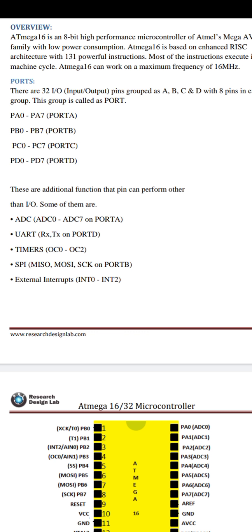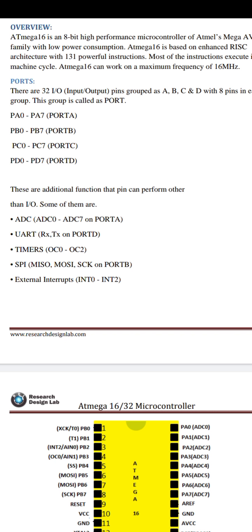Now, the other main functions of the AVR architecture. First is the ADC: the input output pins of the ADC are called ADC0 to ADC7, on port A. UART, the receiver and transmitter, is used on port D. Timers are used to count time or delay pulses, with OC0 to OC1.